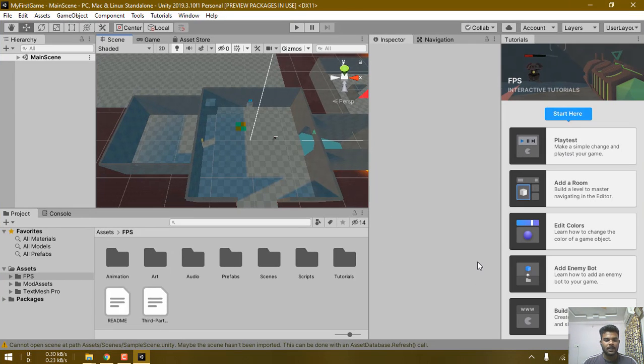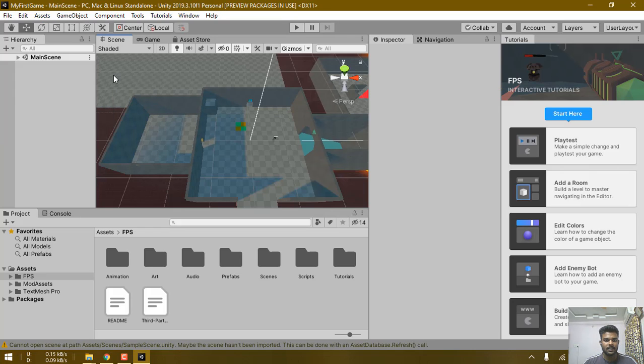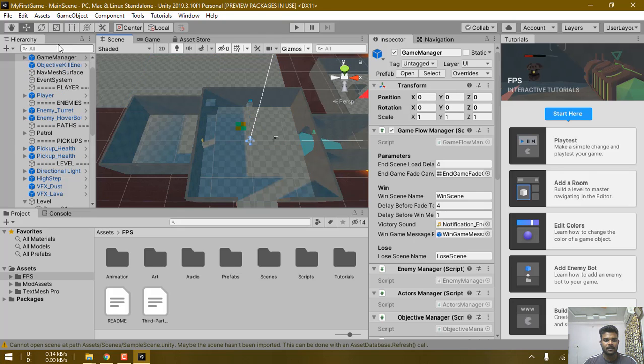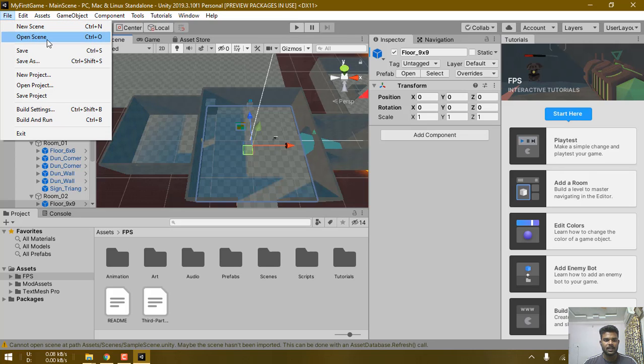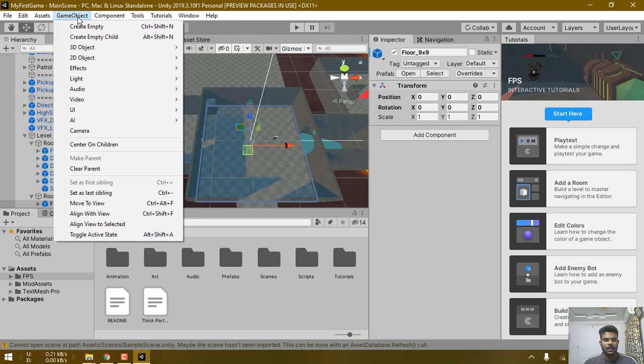Now I'll be explaining a brief, a little short brief about the Unity software. So this is the toolbar here, file. Here you can open a new scene, create a new scene. This is called a scene. The part which you can see here, the complete part, the clickable objects, the entire hierarchy comes under this scene. The scene is the parent hierarchy for everything. Then these are the objects in it. We can create a new scene here, open a scene here which is already created. We can save a scene, save as a different project, everything. You can play around here.